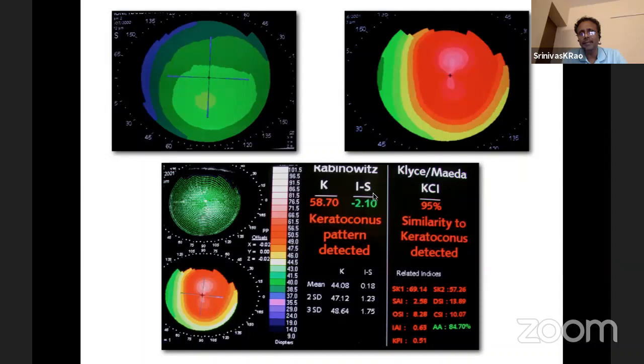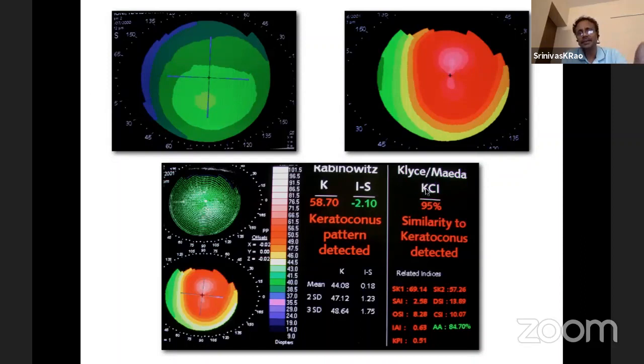the inferior minus superior steepening. So it will be a positive number. In a normal cornea, where things are about the same superiorly and inferiorly, the value should be close to 0. He also looked at the difference in the keratometry between the two eyes, because we know there is asymmetry. He put all this together and came up with an index which tells you the similarity of appearance of the map you're looking at to that of keratoconus. So in an early keratoconus, as you can see here, with a small amount of steepening in one eye and a frank keratoconus in the other eye, you may pick this up, but you may miss this if you're not being careful. The machine might help you pick it up.